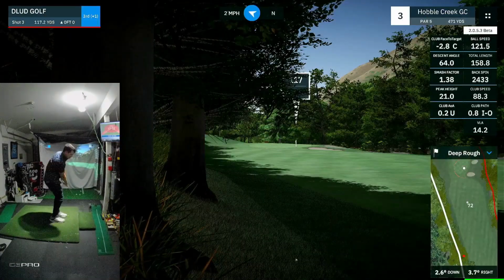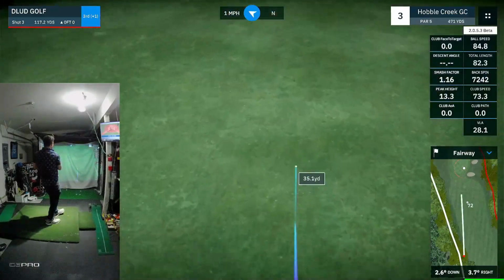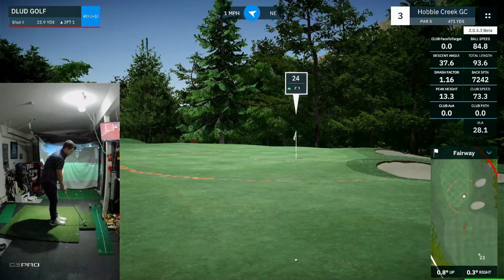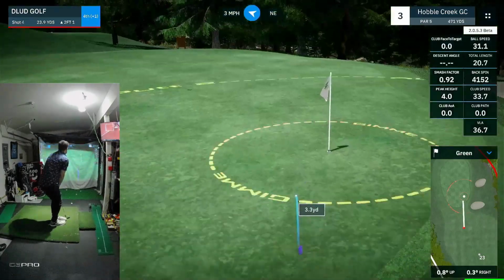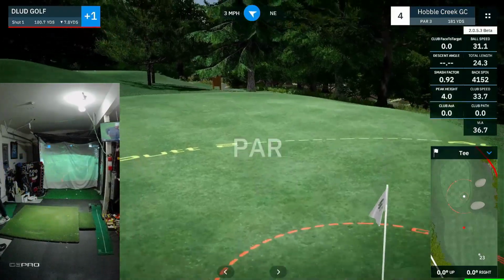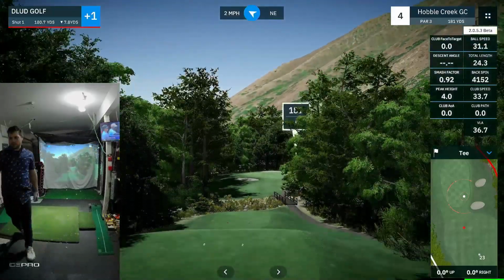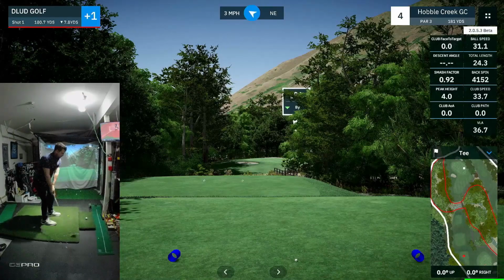117 remaining here, and that one just didn't come off the club right. So we'll have another cleanup here for a par from 24. That one does stay in place, and it's a par. Headed over to the fourth, still at +1. Tough par 3 here. The pin is tucked behind the trees, back right,